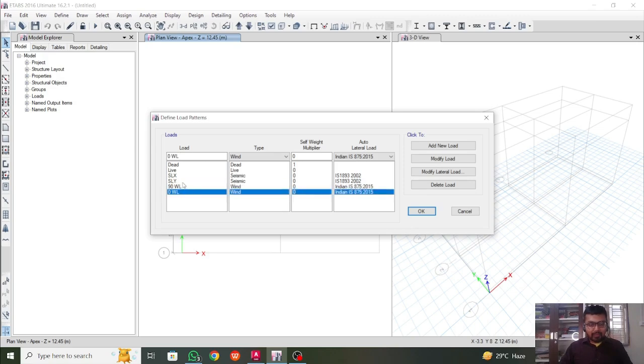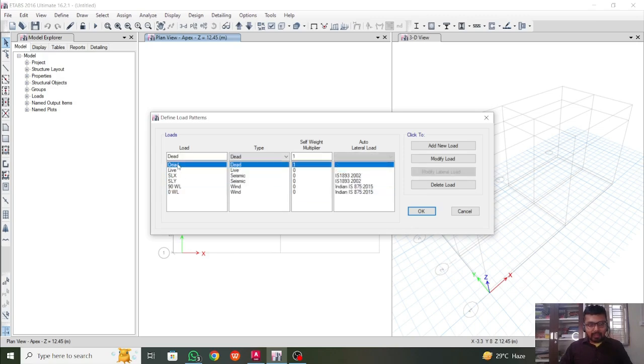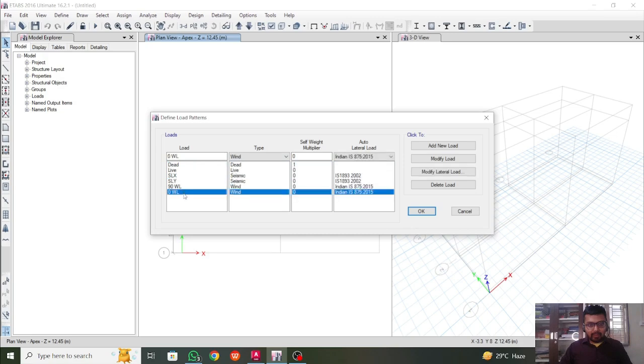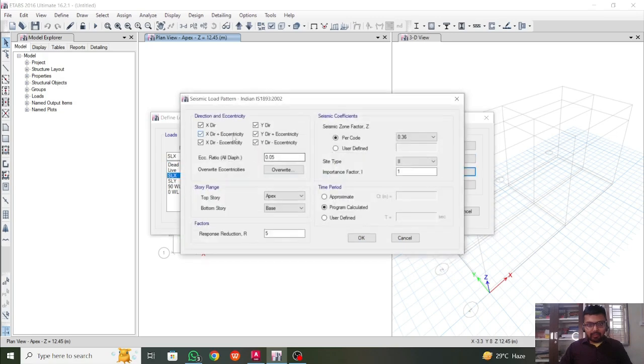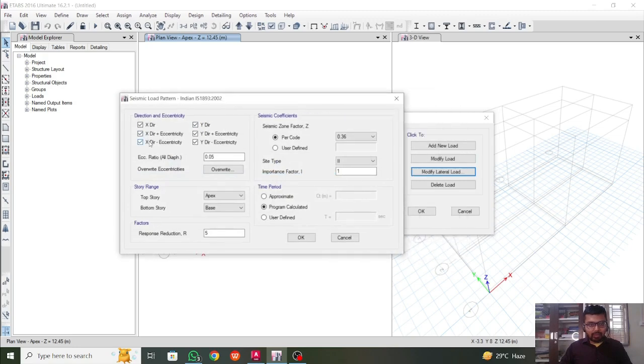Okay, so all done and good here: dead load, live load, seismic load, and wind are done. So I'll edit these loads here. I will not go into the codes, you can check the codes here. For this X direction, I will not consider eccentricity. Obviously, I will not consider it for the Y direction as well. Our structure lies in seismic zone 3, so the factor will be this one. This one is for 5, this one is for 4, this one is for 3. You just check the code, 16, and here